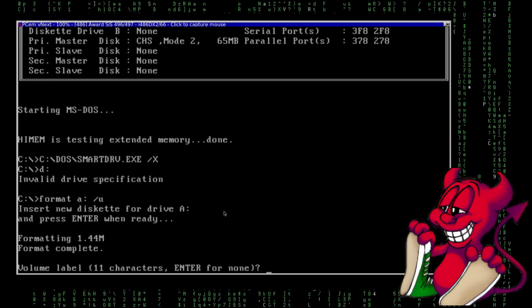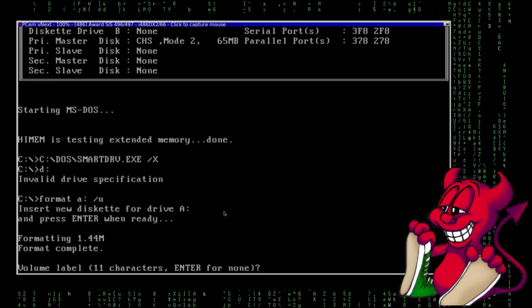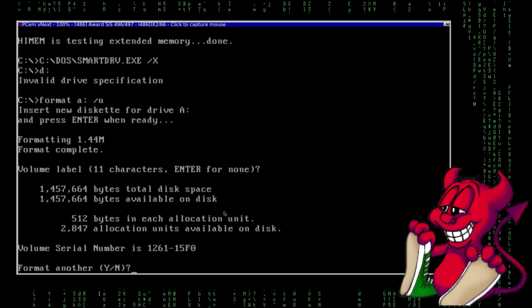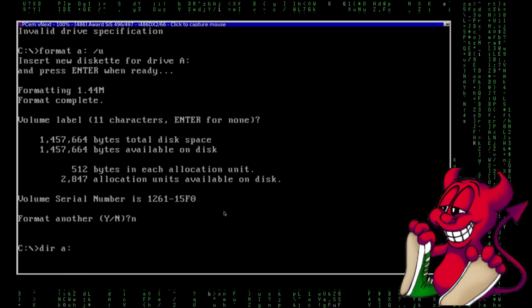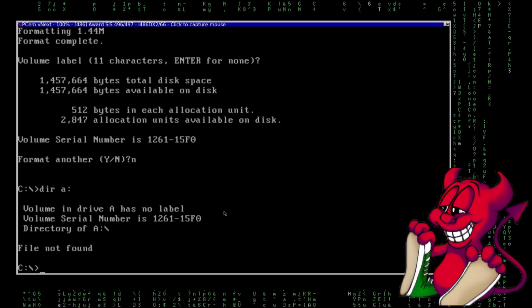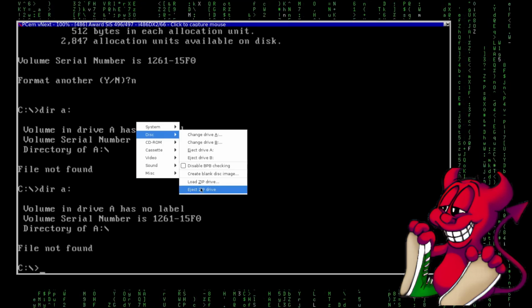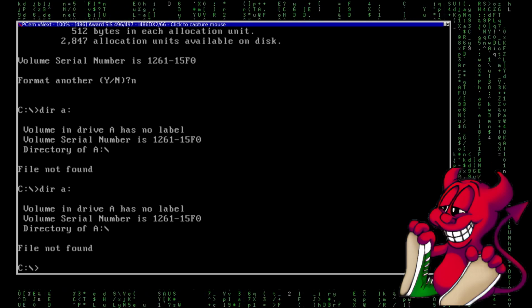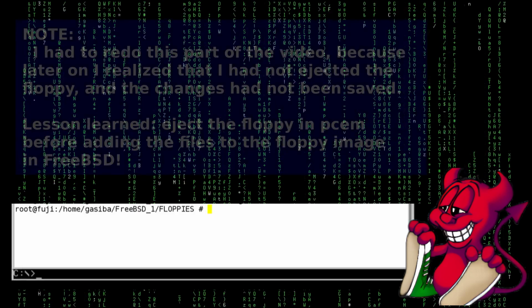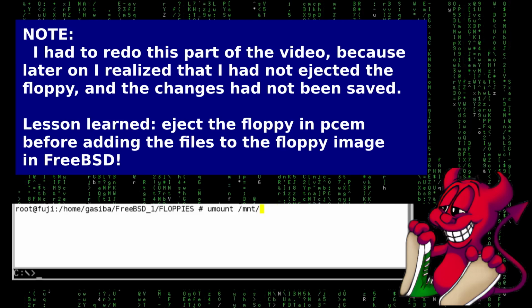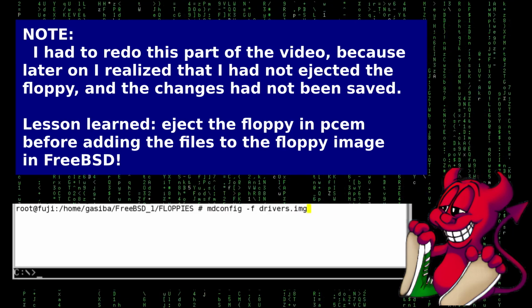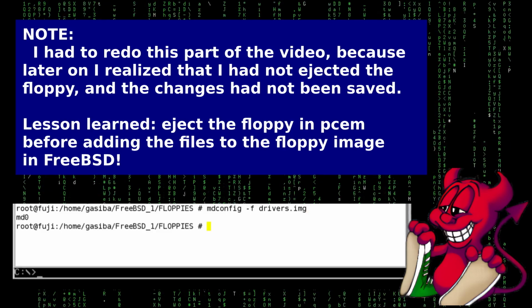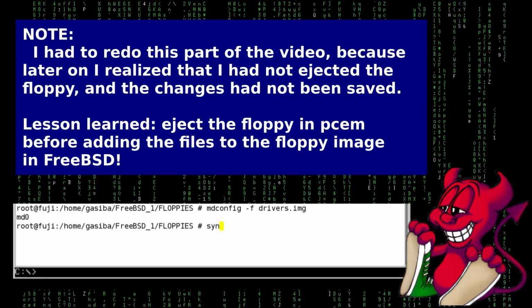Format is now complete. We can select the volume. Just press enter. It's fine. Format another one. No. Here on drive A, it's empty. There is nothing there. Eject drive A. So let's do the